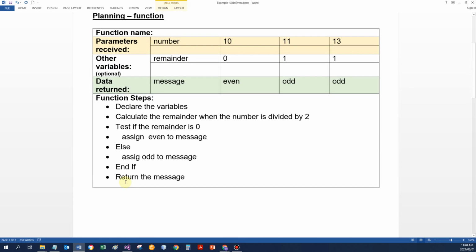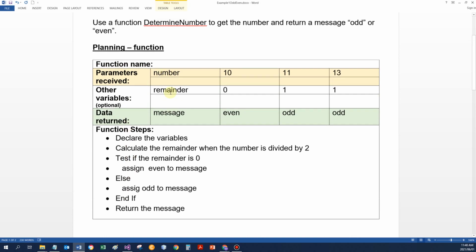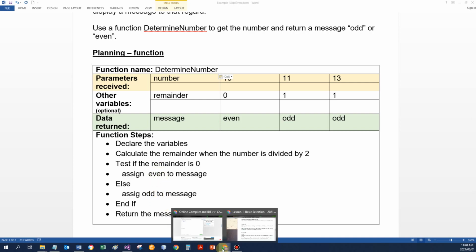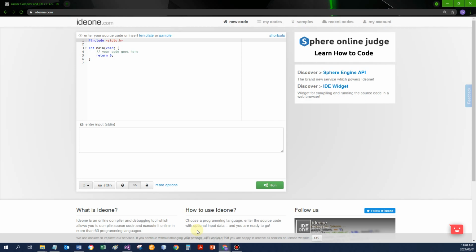For now, you are the programmer that coded the function, so I need to think of the logic of the determine function code, and I need to go and have a look at it. If you now want to just go and test the if statement, see how it works and what it does, we can very easily go to